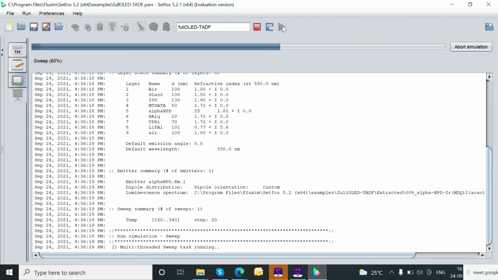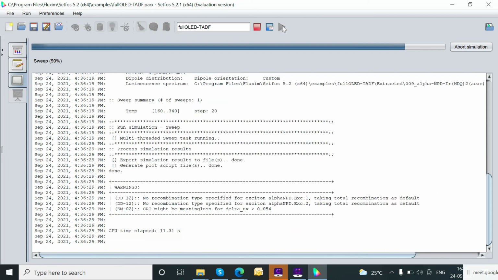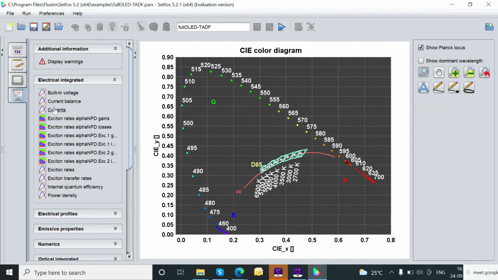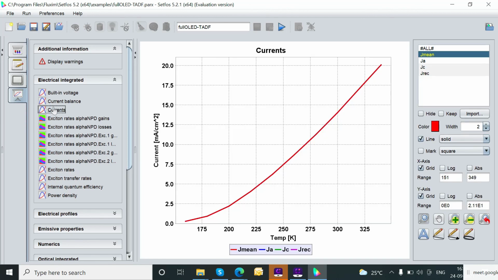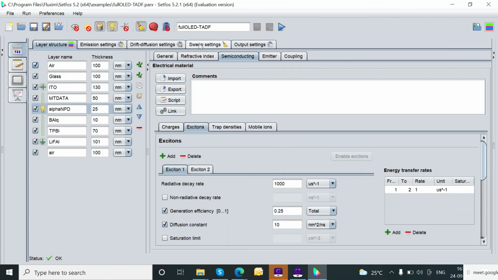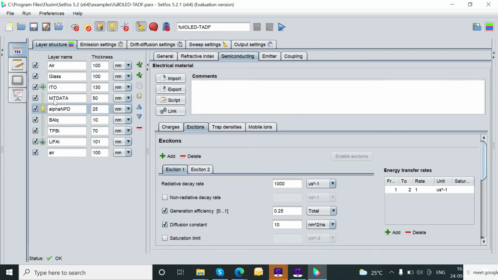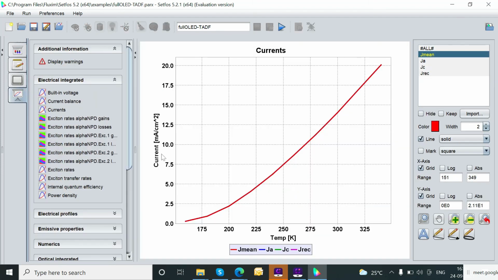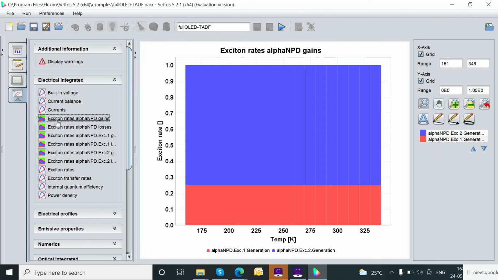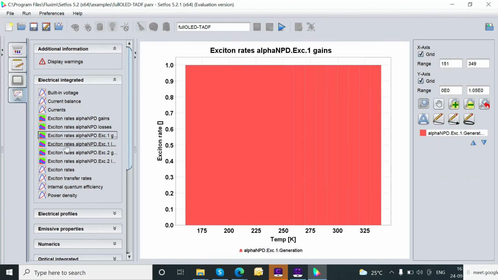If you want to simulate TADF, a full TADF analysis, then this is an OLED with TADF structure, with alpha-NPD, mCP, EML, Alq3, TPBi. In that, the TADF process is defined in this exciton region. So here this is TADF, from low energy to high energy excited states. So, the full TADF OLED simulation. Let me run it. I will finish this webinar within 5-10 minutes, then you can ask your queries as well.